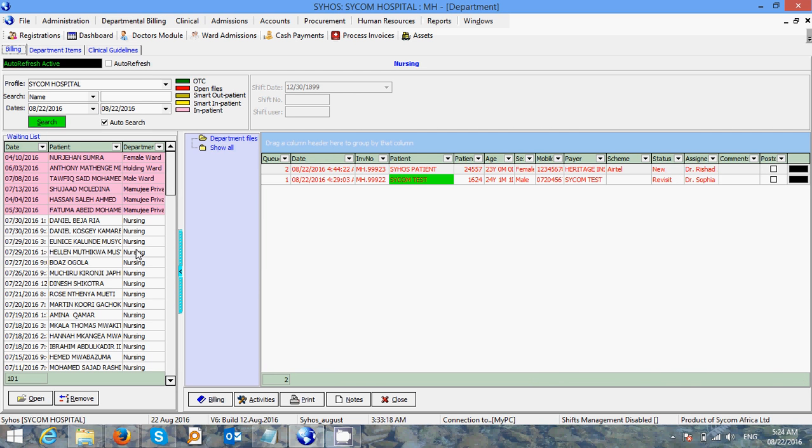Once we click on nursing, we have a waiting list that indicates the patients who have pending requests from other departments that need to be billed under nursing. We also have departmental patients on your right for patients who have already been billed for services under nursing. Patients in red have been queued to us and have items under nursing billed to them,